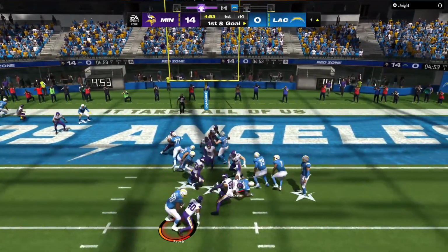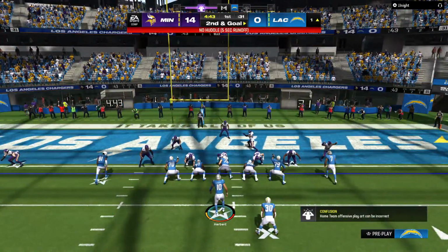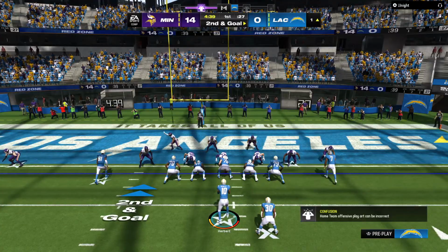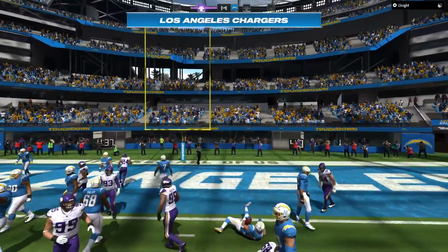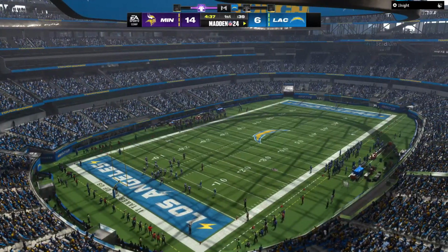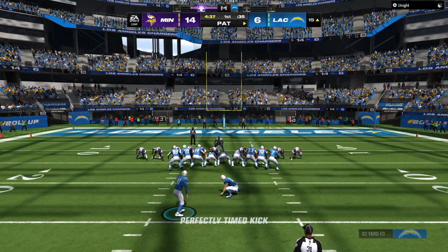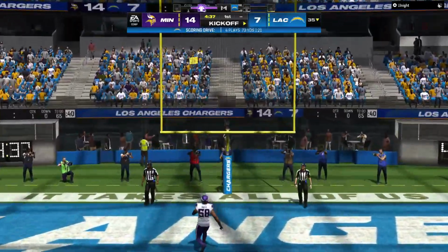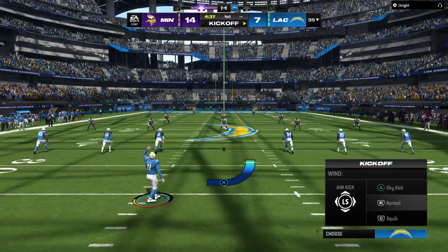Eckler looking for a signal, but none forthcoming. They stopped him shy of the goal line. Eckler again. And he is into the end zone. Touchdown, Los Angeles. Austin Eckler punching it in from a yard away. And the Chargers have got it back to within a score. Extra point up and good by Dicker. And that'll make our score